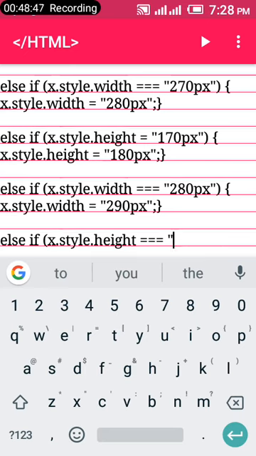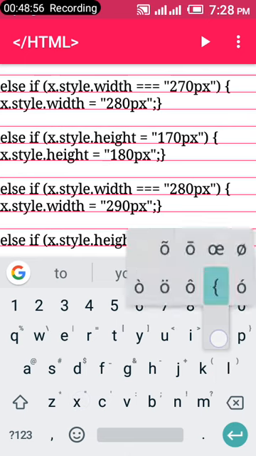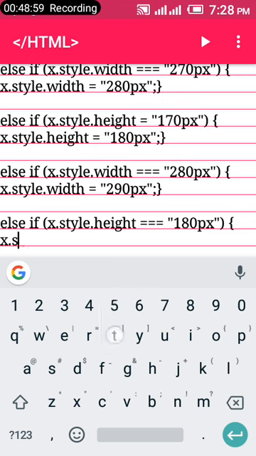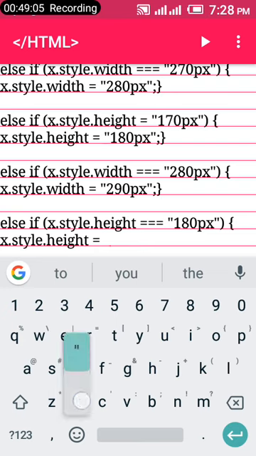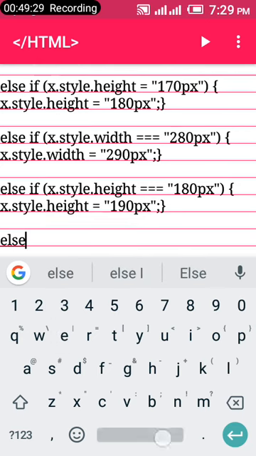So you go, previous height was 180 pixels. You close the bracket, declare a wavy bracket to the next line, x.style.height should be, let's see, okay, we go 190 pixels this time around, 190 px. You close the quote, close the semicolon, close the wavy bracket to your next line, else if